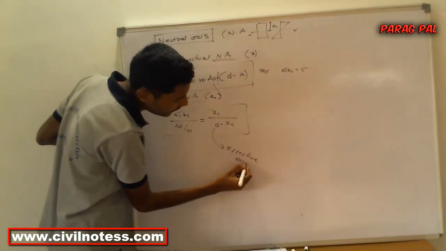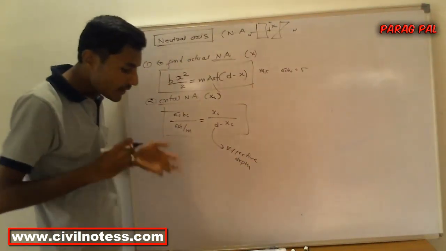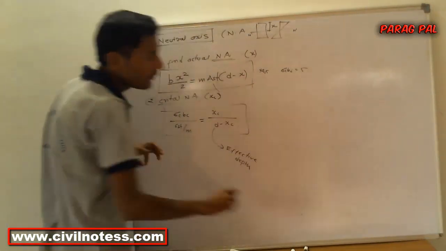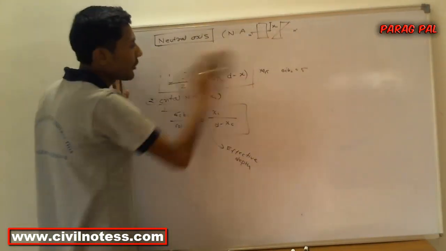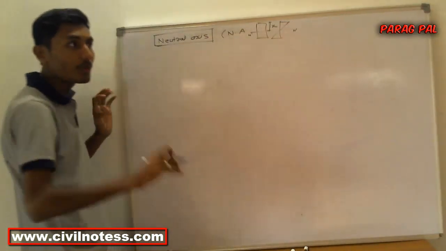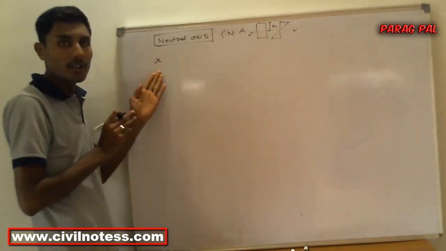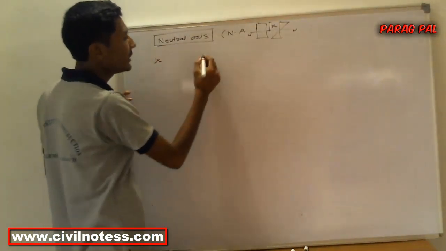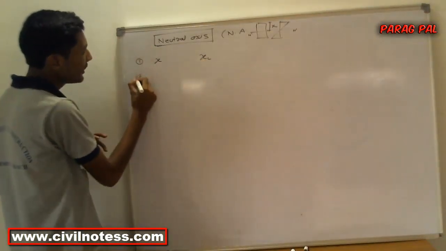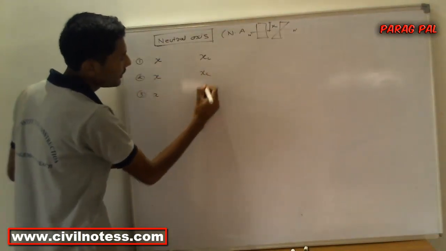Okay, so by using all these values, you can simply calculate the critical value. Now after that, whenever you calculate x and sigma, I compare this value with respect to the critical depth and the normal depth of neutral axis. I'll explain exactly how the section can be categorized. So this is your normal depth of neutral axis, and this is your critical depth of neutral axis. These are the three parameters in the working stress method. I just write these three parameters.